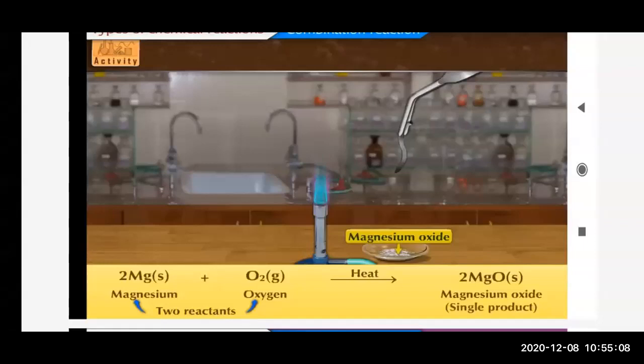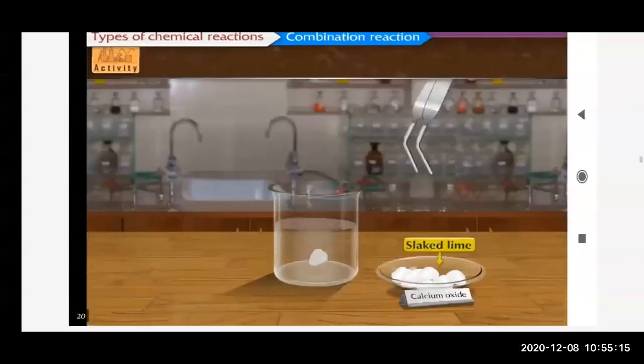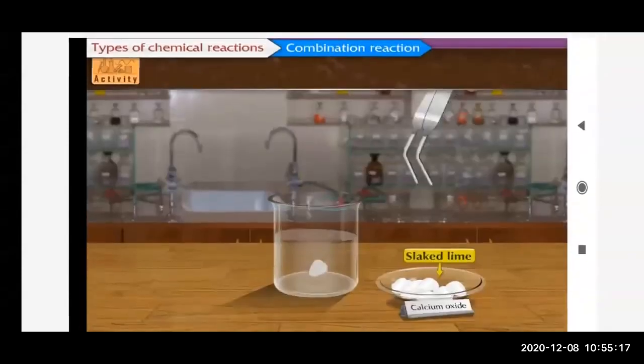So this is about the second activity, right? Now we'll move on to the third activity, that is activity number 3, page number 36. Now see what is activity 3. Take water in a beaker up to half of its capacity. So we will take one beaker and we will take some water in the